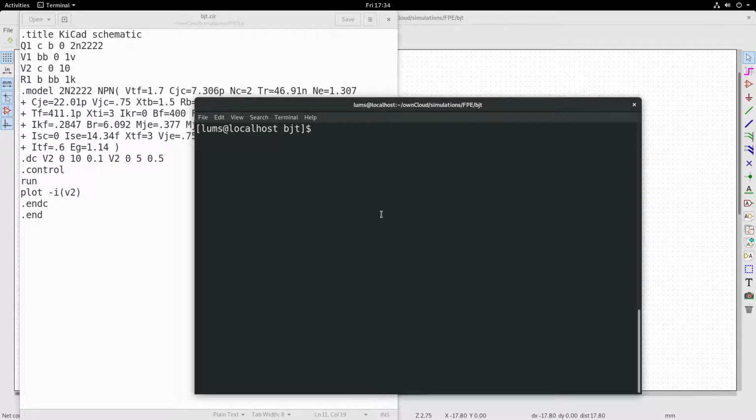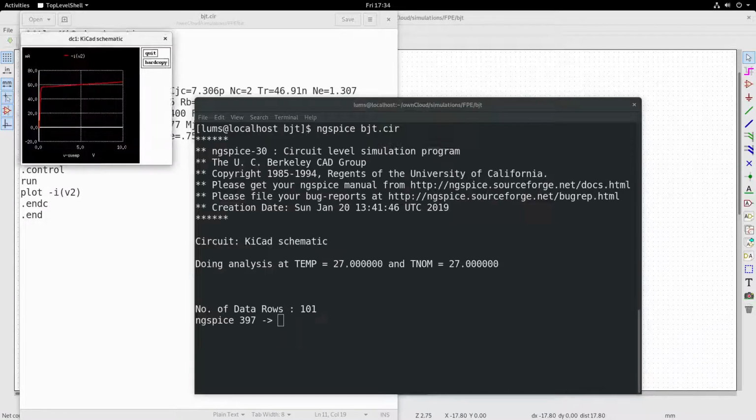So now let me open the command window. The command window is positioned in that folder. Now I will call ngspice bjt.cir, and you will see that there are 101 data rows, and this is plotted here.